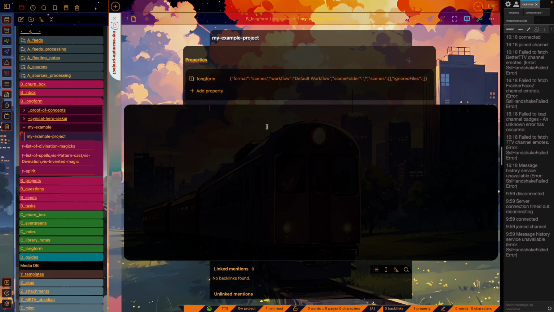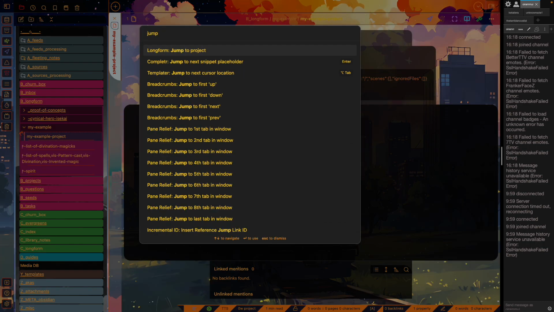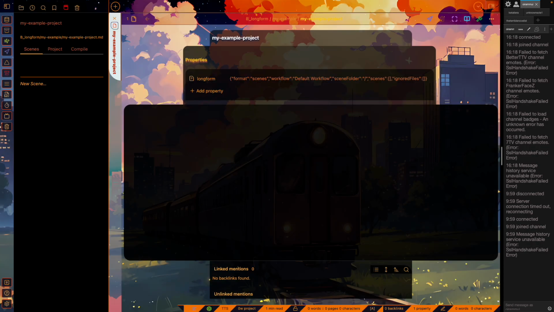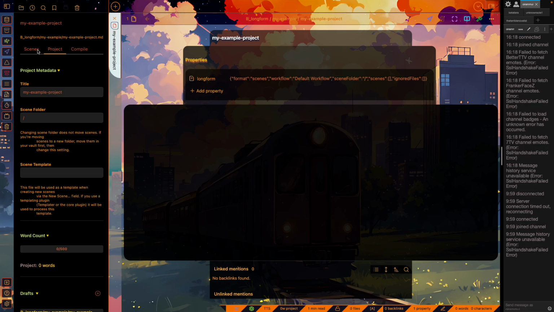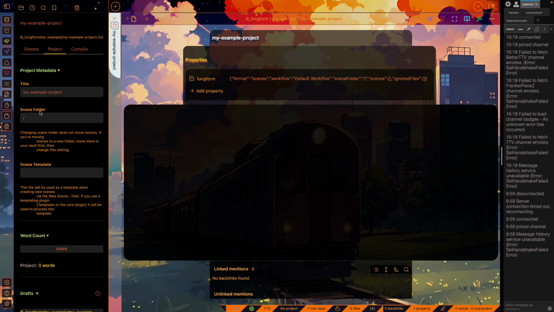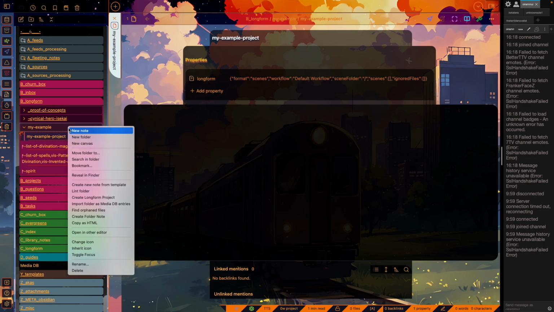We have to jump to the project. I already know it's called jump, so jump, and then my example project, and then we go to that specific project in the file. You can see that there's no scenes. If you write scenes here, it won't go anywhere, it will go into the root folder. What we want to do is put it into scenes. You kind of want to do it like that, but it won't create a folder for you called scenes. So what you should do is manually put in scenes,